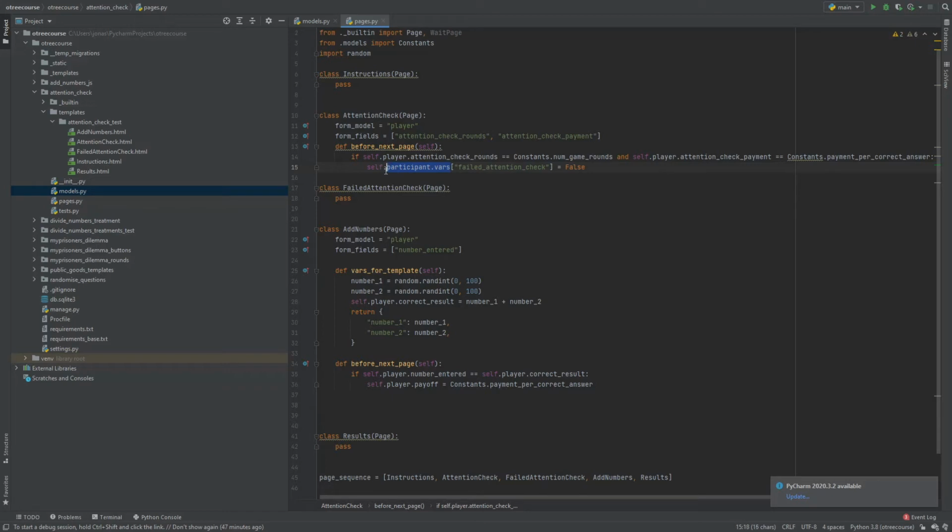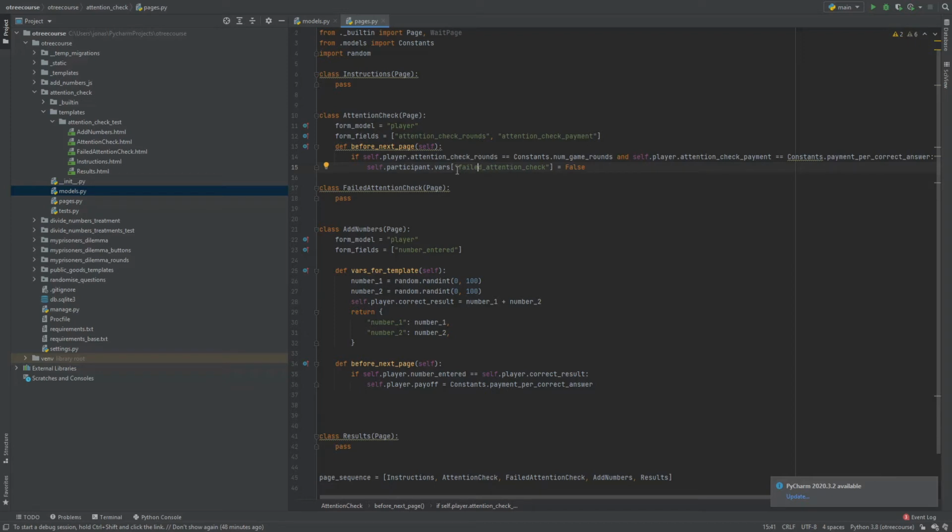So what is this? If you remember your basic Python, this looks like a dictionary, right? So if we have created a dictionary, we can add new elements to the dictionary by using the square brackets and then some sort of label. This is the same way we can also access them later on. If you put this on the right hand side of an equal sign, then we retrieve the variable from this dictionary. And each participant in oTree has this dictionary that we can use, and whatever we put in here is just available in the experiment. It will not be stored in the database,